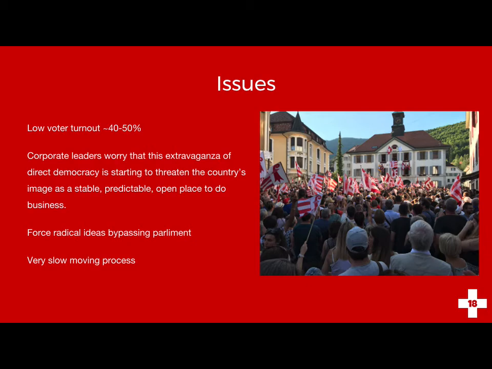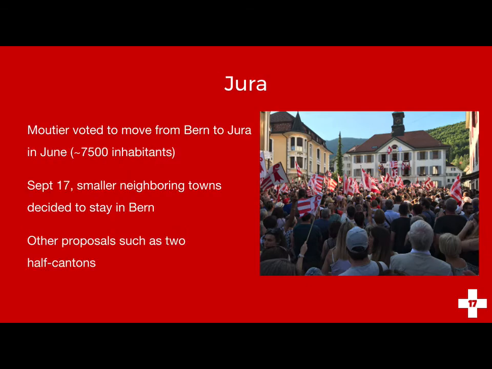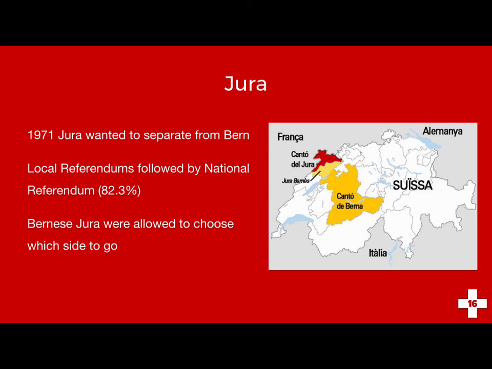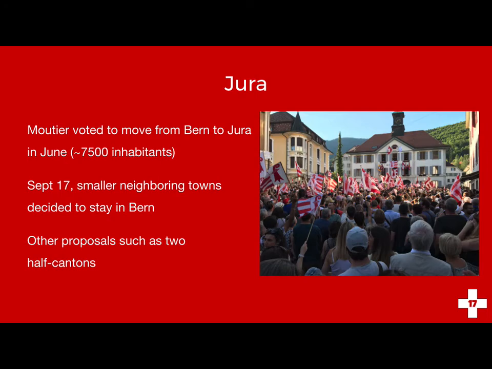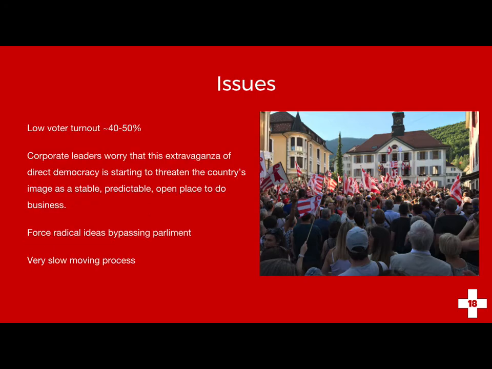Things take a very long time because, for example, in the Jura situation, they had to do a long series of local referendums, basically with every party involved. You have to do a referendum in Bern, then one in Jura, then one in all the local towns, and so it gets very messy and very slow-moving. And